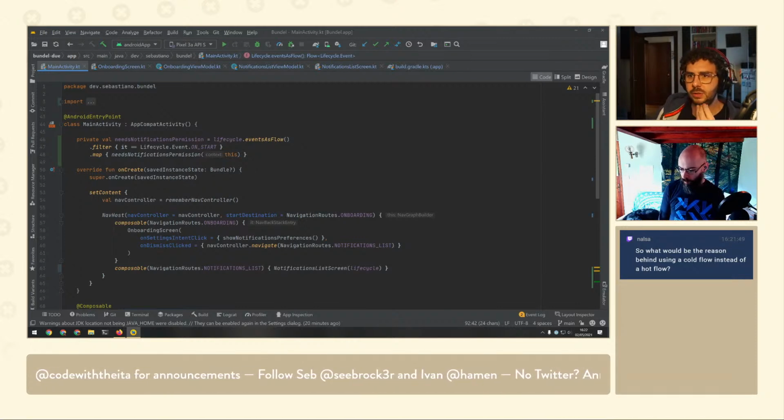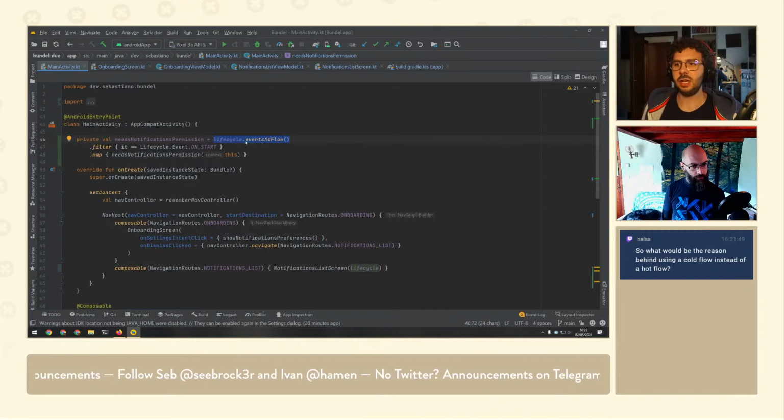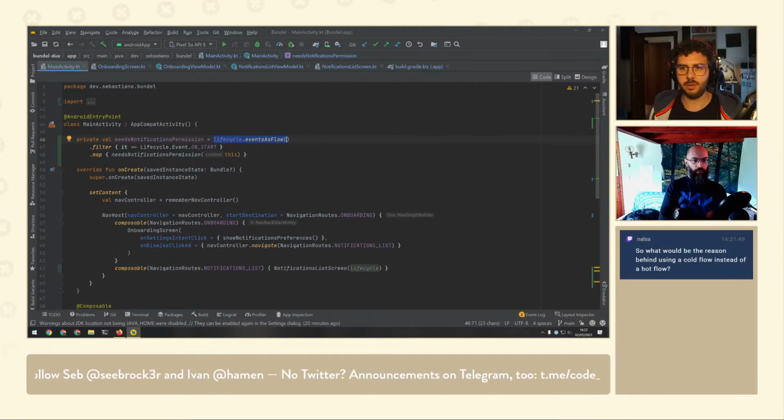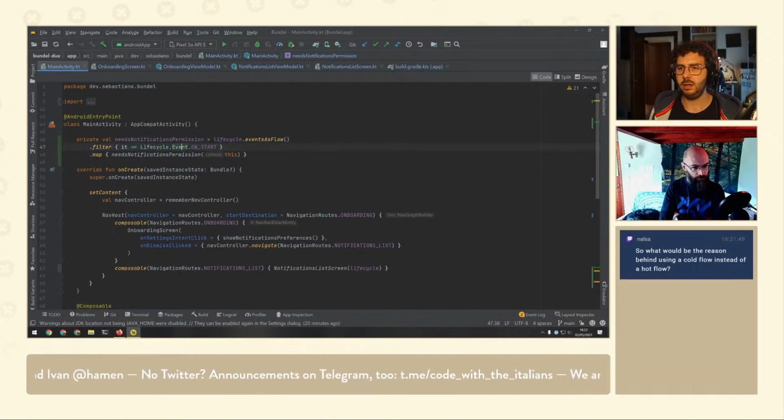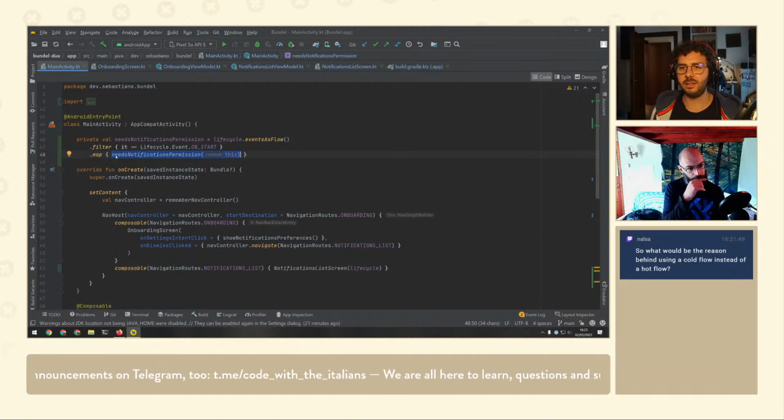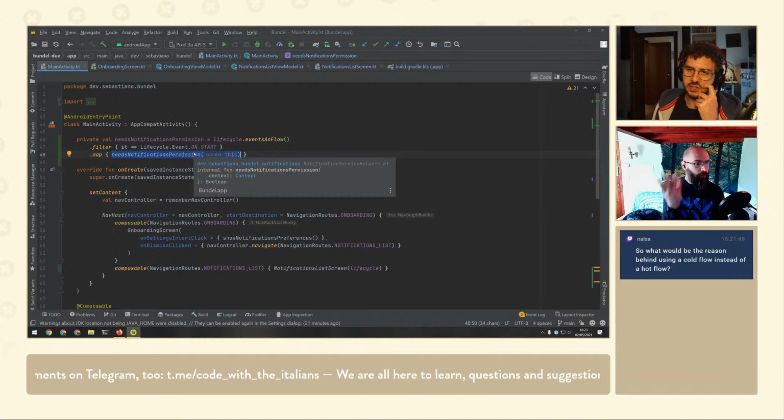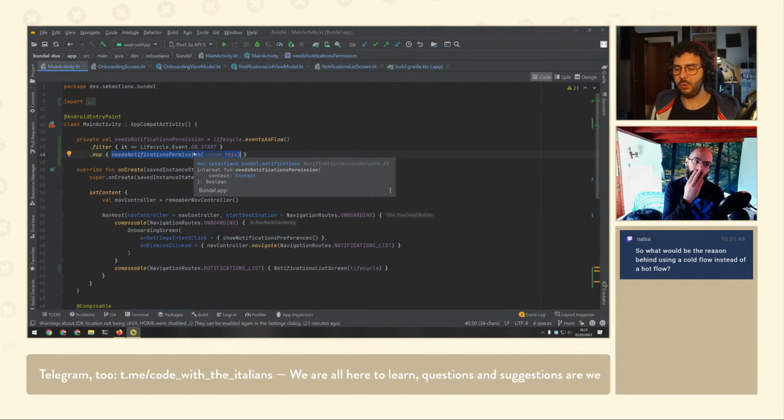Because after all, what you need is to get lifecycle events. And what we are doing here is essentially, in the lifecycle, we register for events, which means only when the activity is open, we register for events. When we are collecting the events, we filter the events just for the ones that are relevant to us, the on start events, as we said. And then when it's on start, we always transform the lifecycle event into a Boolean, essentially checking whether we need to